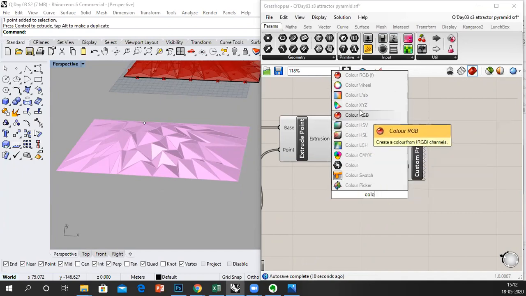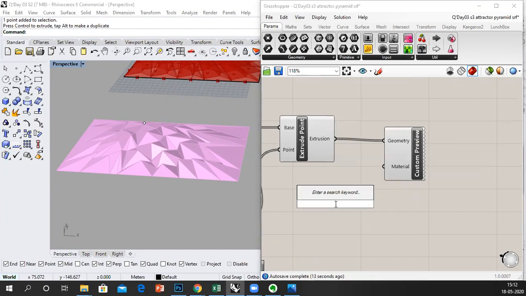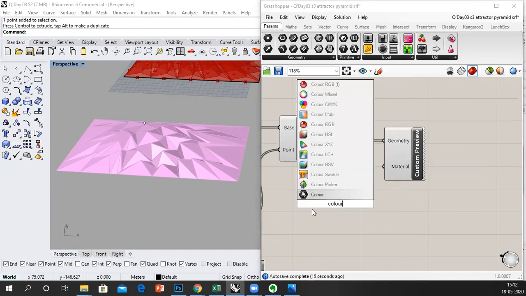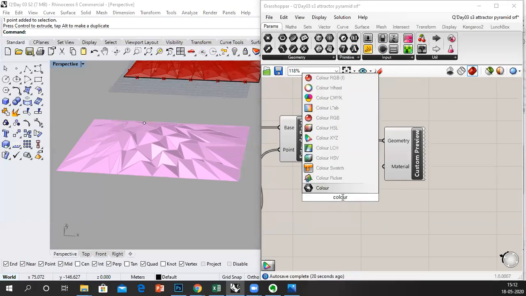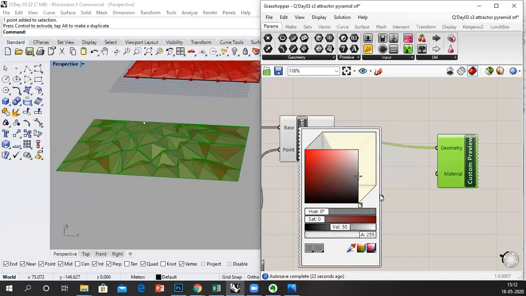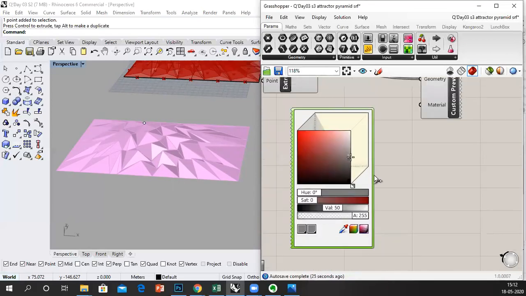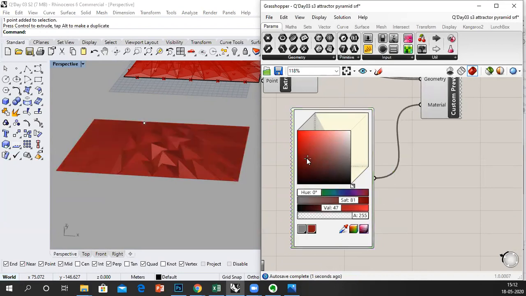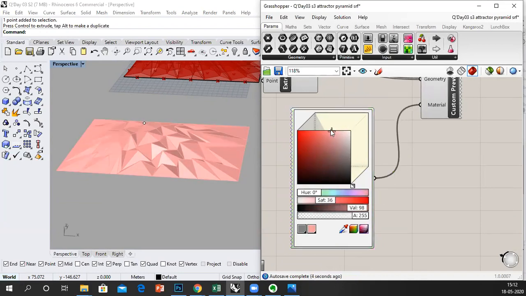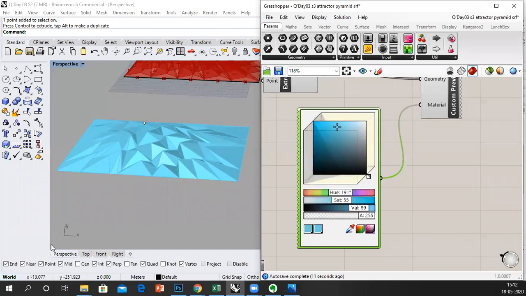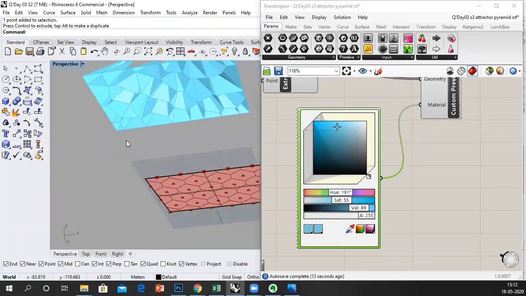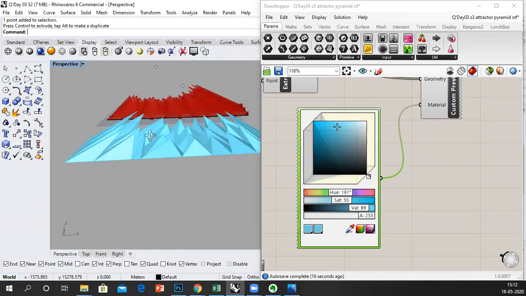I'll put a color, and say you can kind of like set a color and see. So there you go, that's the same process but with respect to Voronoi cells.